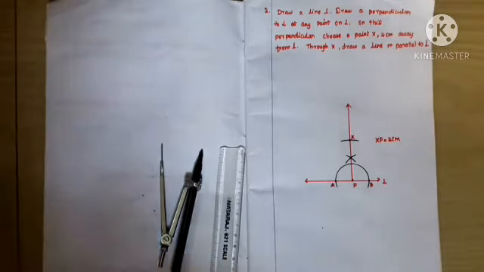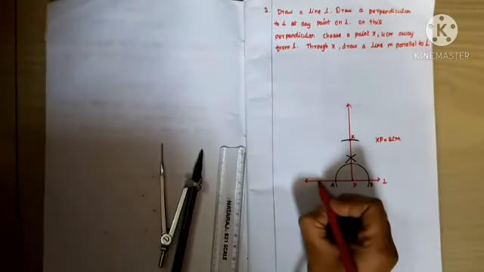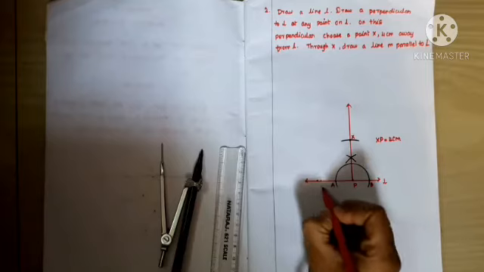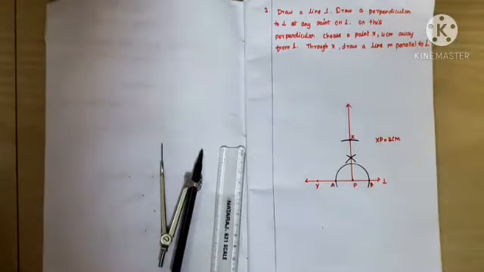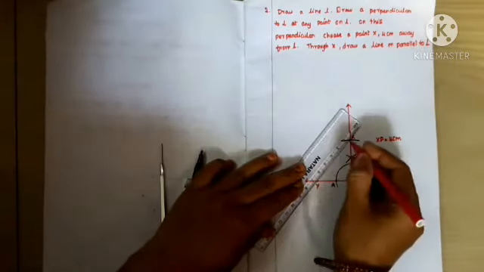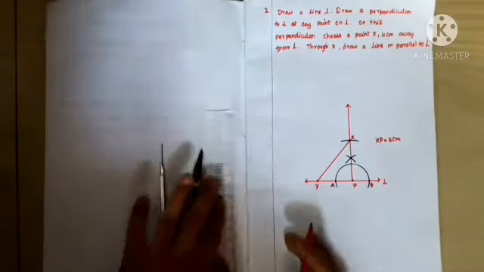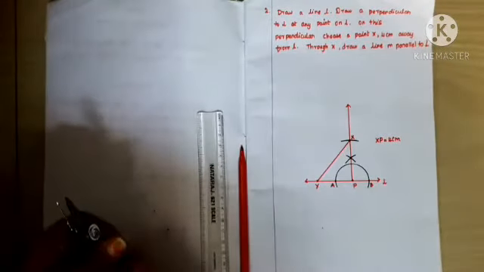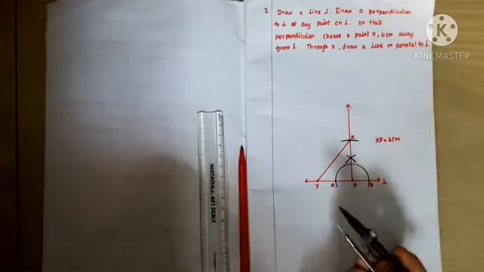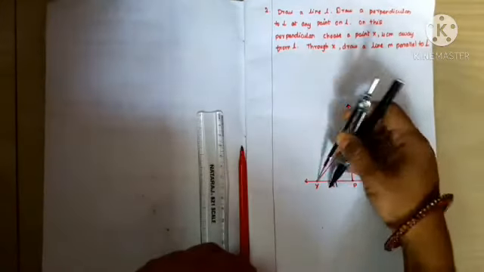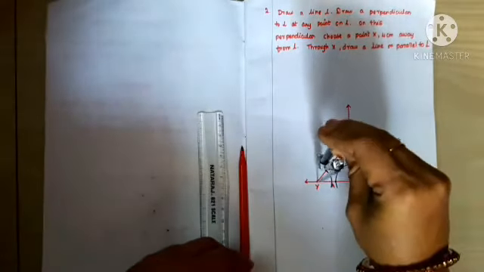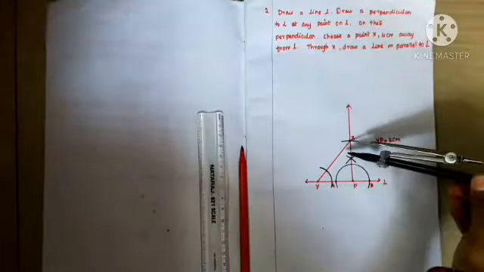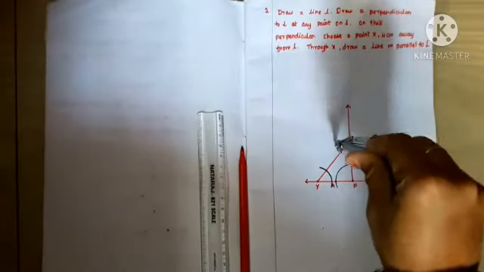After that, what I want to do is choose one more point which is present on the line L. I mentioned that point as Y. The same procedure I am just going to follow for this problem also. Have to join X, Y. What is the next step? Fix the needle at Y with a convenient radius, draw one arc. With the same radius in your compass, fix the needle at X, draw another arc.